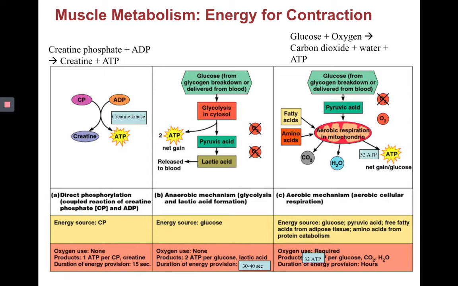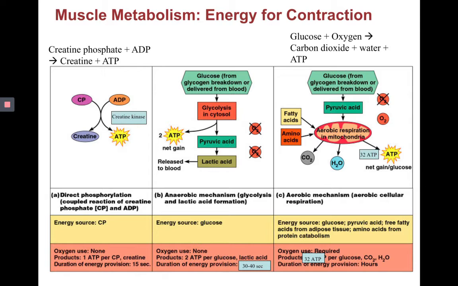We get it from the food we eat. This process could also use fat if it wanted to. And it's pretty quick. It only takes 30 to 40 seconds. But again, we're only getting 2 ATP for all this work. So creatine phosphate, glucose, these processes, direct phosphorylation, and anaerobic glycolysis, they seem useful for quick energy, but not a